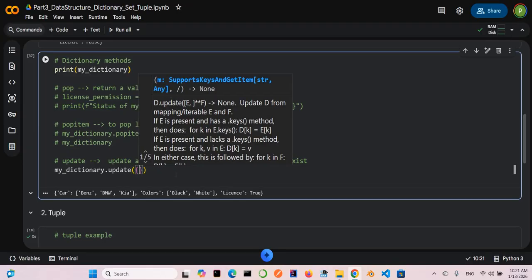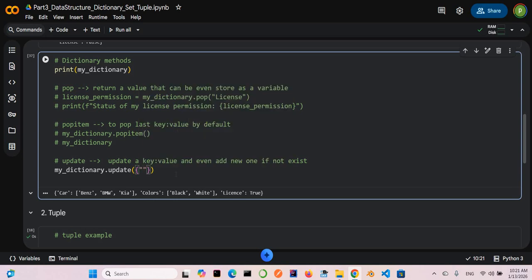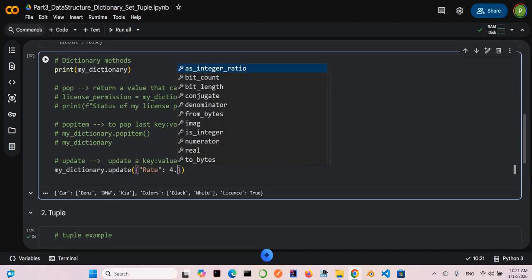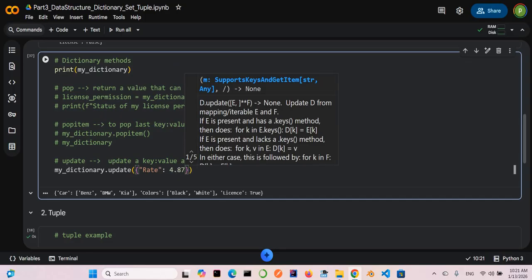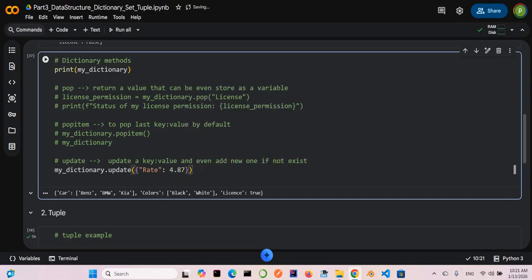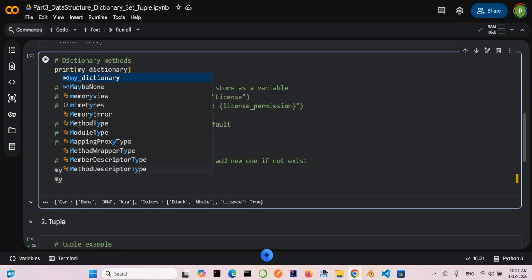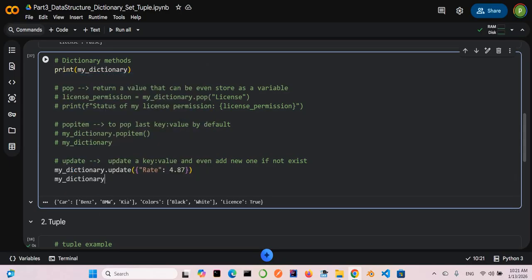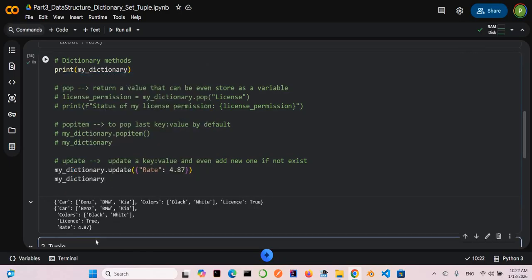So I can say here, I want to define a new key, and this can be, for example, a float number this time, like Rate, and capital is better. And rate can be, for example, 4.87 out of the 5. Okay, and now if I just print my dictionary again,